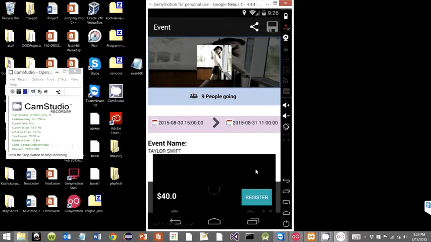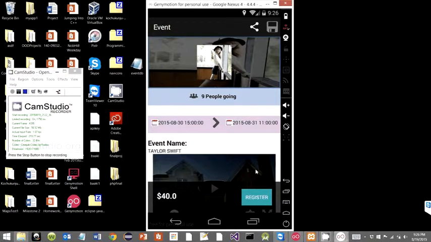Then after a few seconds, you could see a small fragment coming up. It is registered with the event price. That is a small fragment where I have made a small thread for 3 minutes, and after 3 minutes, the fragment comes up from the bottom.